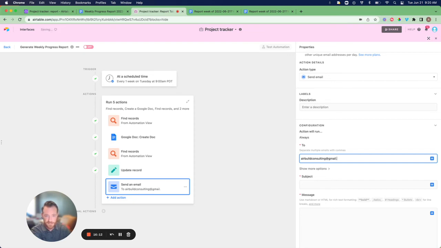Now, if you were storing people's information in a table, for instance, you could dynamically pull it in based on who owns the project, as an example. Maybe they would just see their own report, etc. There's a lot of customization that you can do here. I'm going to keep it simple for now. Subject is weekly report to